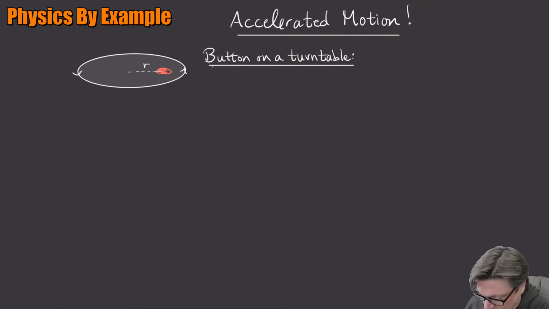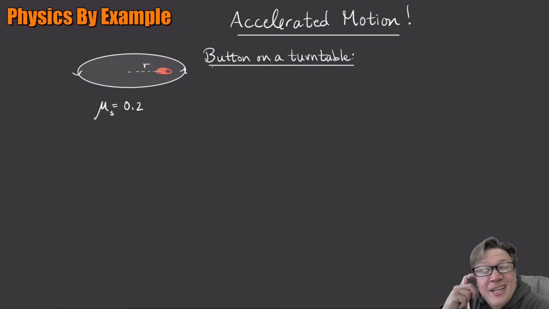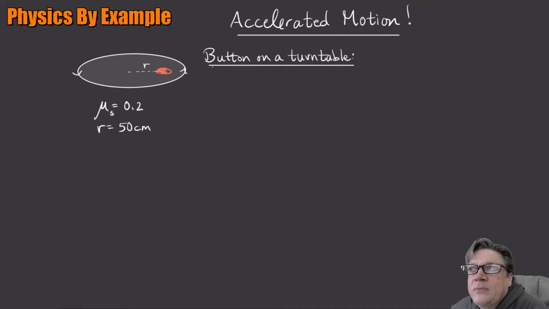What we want to know is, let's go ahead and put in the mu. Maybe this is static. Usually I just call it mu. It's kind of obvious we're not moving. Anyway, the coefficient of static friction is 0.2 between the button and the turntable. And let's say that this r is 50 centimeters away. What we want to know is,